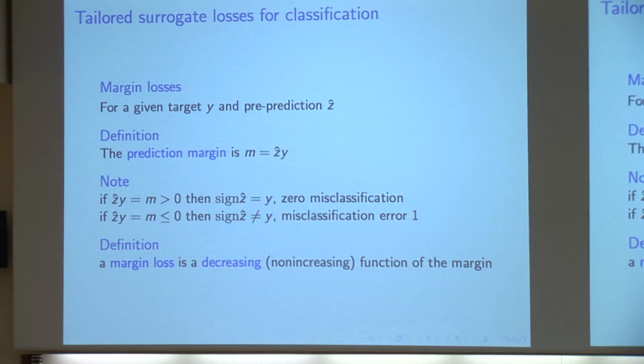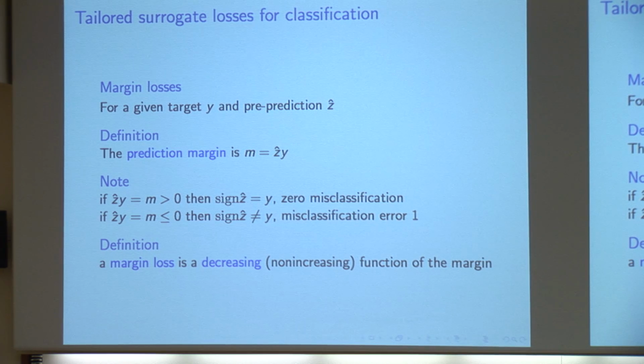Among surrogate losses, the family of losses that have, at least in some circles, become called margin losses are really fake losses that are designed to allow tractable training in a misclassification error setting, okay? So what do we mean by margin loss? Well, it's a loss that's a function of the margin. So what's the margin?